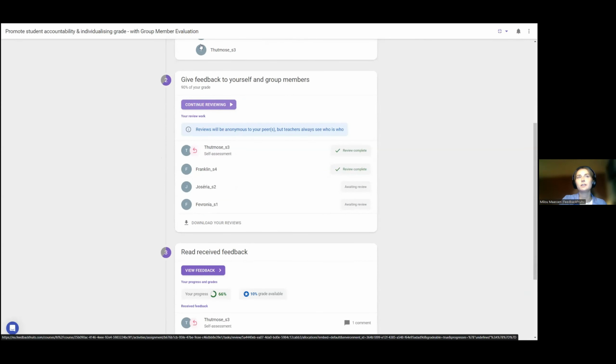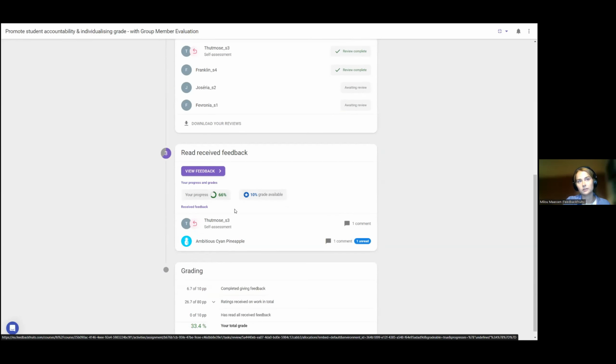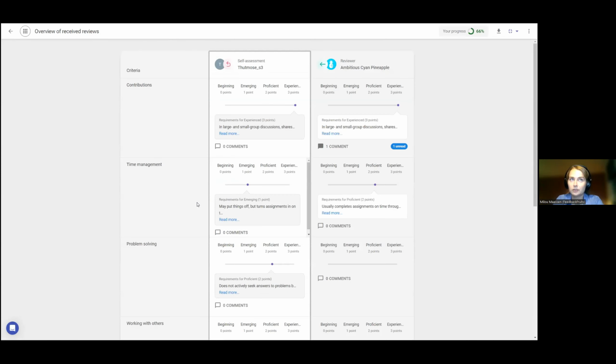What's good to know is that for each of the steps, you can also set a deadline so that the students move through it in a more guided way. So first, for example, they have to give the feedback before they can read the feedback that they've received from others. You can also leave it open, but what we usually see is that if students have a deadline, they are more motivated to first finish the feedback before they can actually read what others are saying about them. And of course, we also have examples where somebody maybe doesn't publish the feedback, but just uses it as their own input. But when you read the feedback, you will see the criteria again,